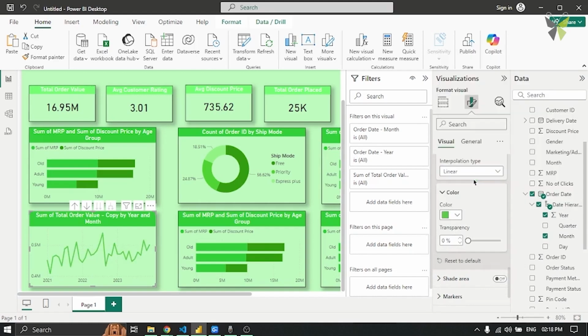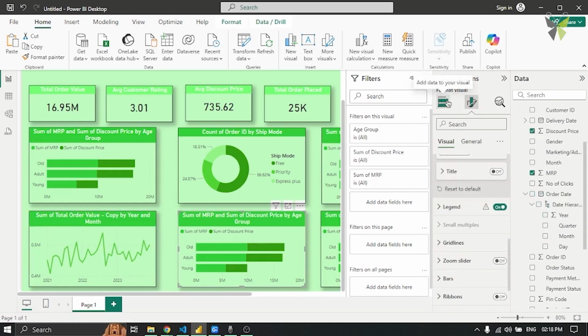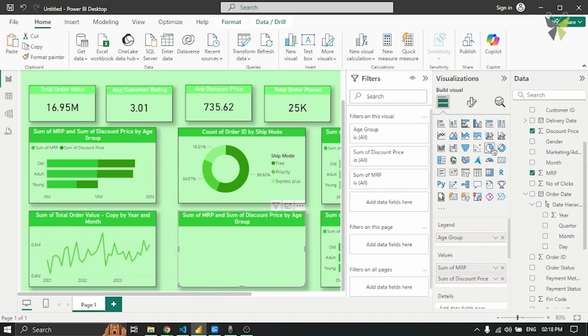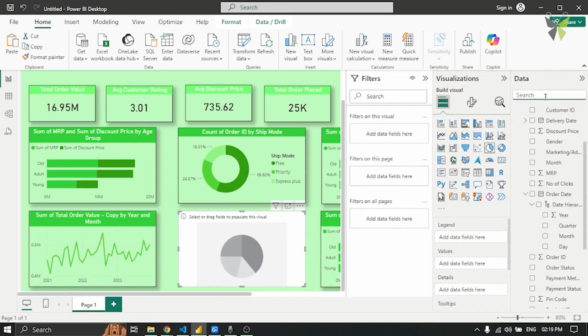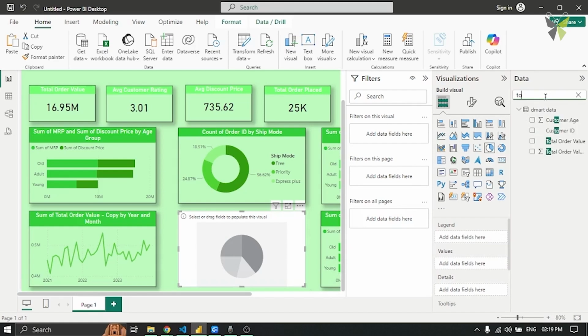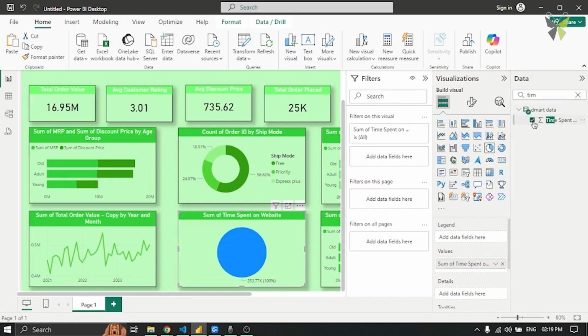After that, instead of this, now I'll select a pie chart. Again, I'll remove the sum of MRP and take another thing. So we have something called total time or time spent on our website. So how much time are people taking to place an order on DMart, right?